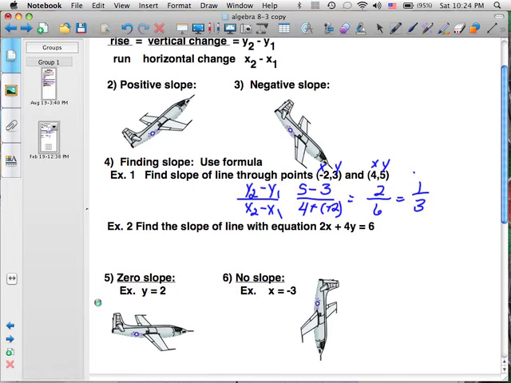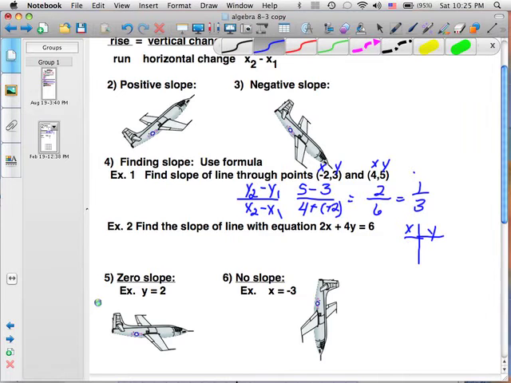If I want to find the slope of a line with an equation 2x plus 4y equals 6, then I need some x and y values. So if x is 0, well, that's not going to work. If x is 1, that would be 2 plus, and y is 1, that would work. If x was 3, that would give me 6, and then y would be 0. So I could find my slope by